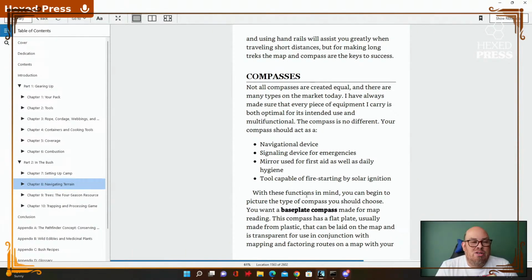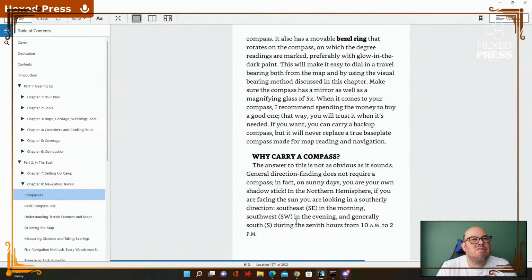With these functions in mind, you can begin to picture the type of compass you should choose. You want a base plate compass made for map reading. This compass has a flat plate, usually made from plastic, that can be laid on the map and is transparent for use in conjunction with mapping and factoring routes on a map with your compass. It also has a movable bezel ring that rotates on the compass on which degree readings are marked, preferably with